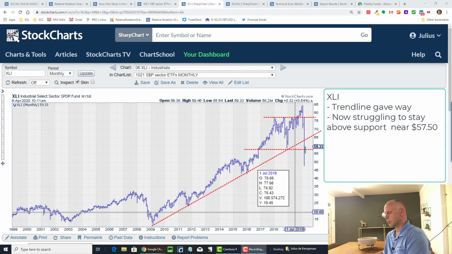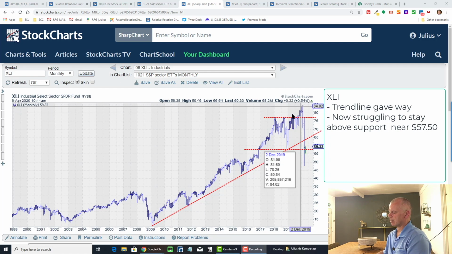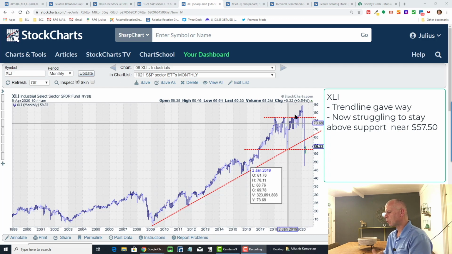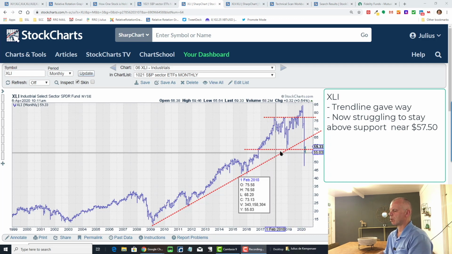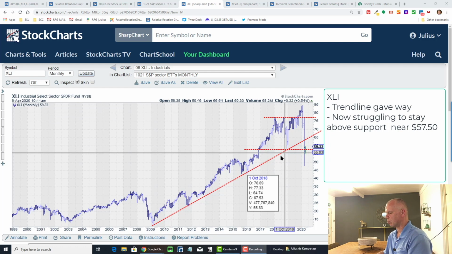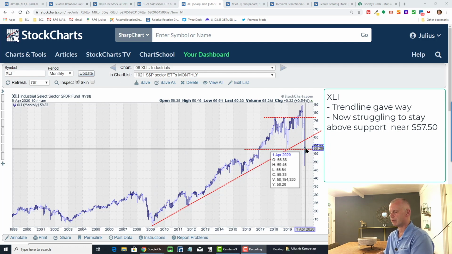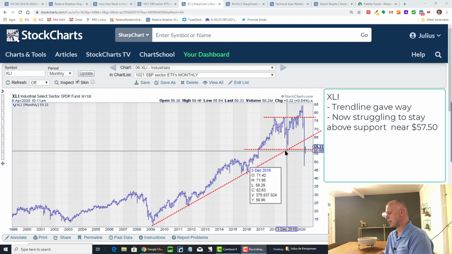Going to industrials, we see that here as well, not surprisingly, the rising trend line has been broken. It doesn't really qualify as a double top because that last peak here was well above that horizontal level. We broke it, and we're now sort of struggling with this 2018 low. The close of the monthly bar was actually above that level, and we're now struggling to stay above that level. So I'm going to take a look this week, this month, coming weeks, to see if that level,